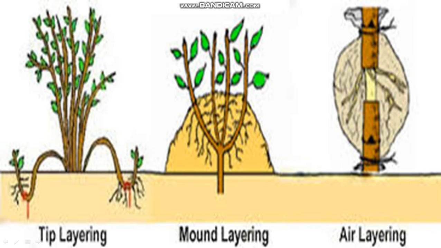See, this is the layering. You can see this branch is attached with the parent plant, but it moves towards the soil and it germinates, or formation of adventitious roots takes place here, and new plant formation also takes place here. It's clear? This is the tip layering. This is called the mound layering. You can see from here to this is a new plant, four new plants are there. Air layering, what happens in air layering? Layering is like this. Clear? In the shoot system, layering takes place.